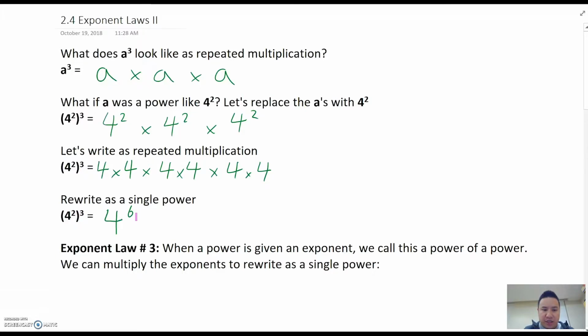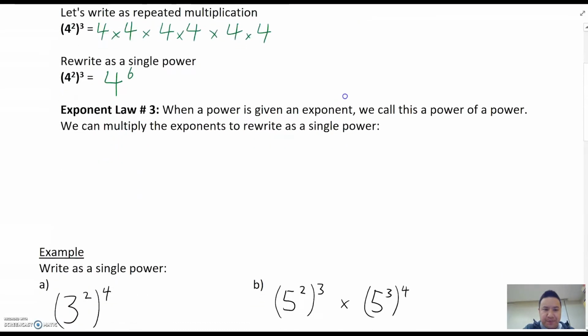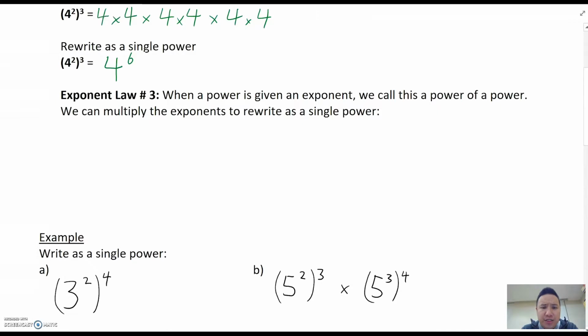So let's take a look at what the exponent law says. It says that when a power is given an exponent, right? So we took something that already had an exponent, we slapped another exponent on it. Okay, we call this a power of a power. So we started with a power and we put another exponent on it, so we call that a power of a power. We can multiply the exponents together to rewrite it as a single power,